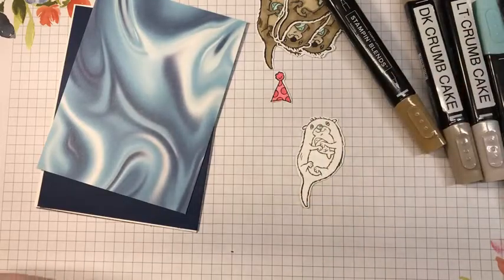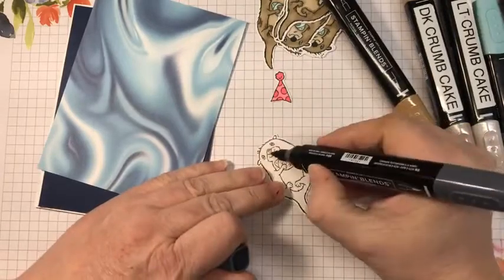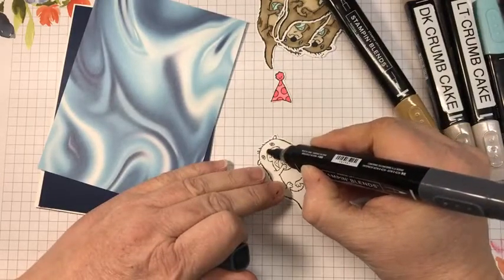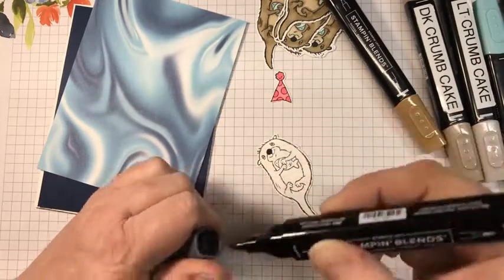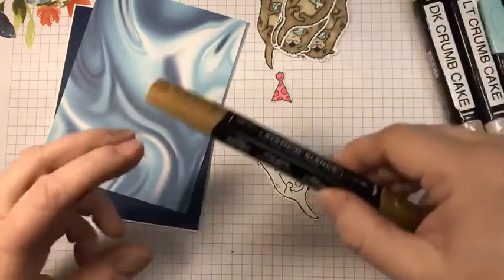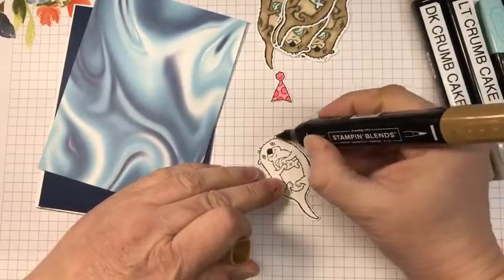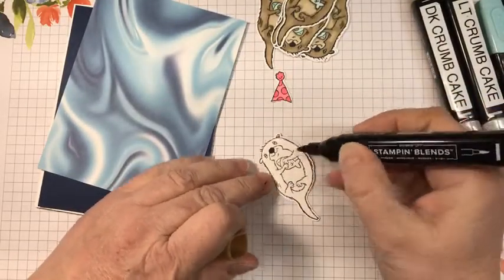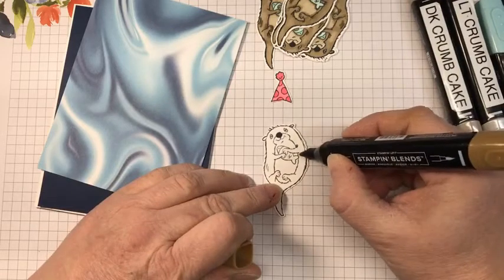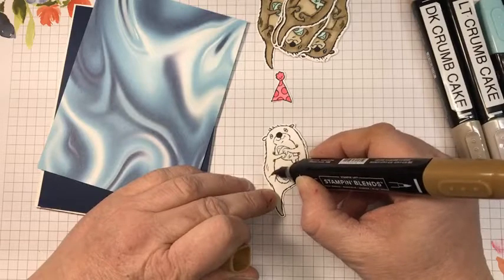Oh, and the other thing is I used the dark basic black for his cute little nose because the real otter has a black nose. And I'm going to shade with the light soft suede. I'm going to shade this a little bit by his ear, and then I just put a little dot here around his arms and around his legs,